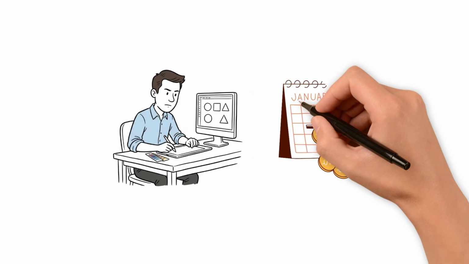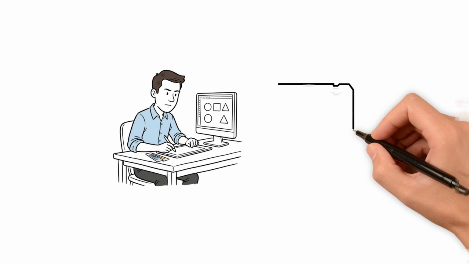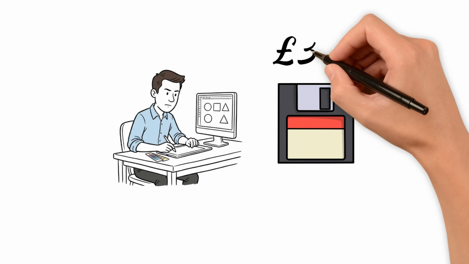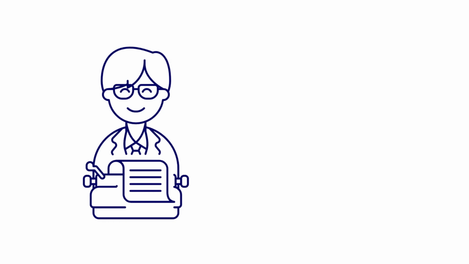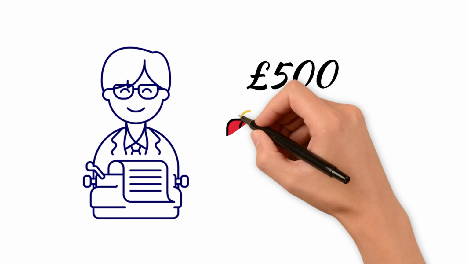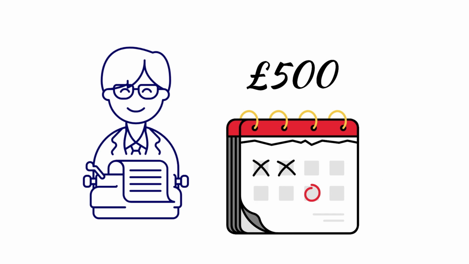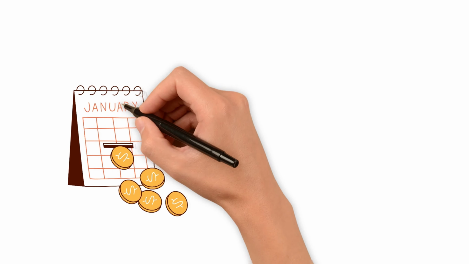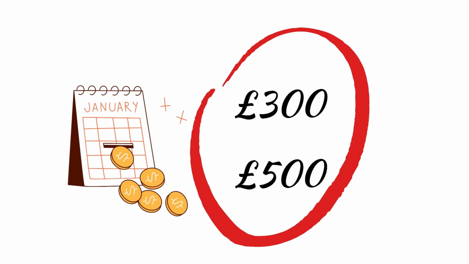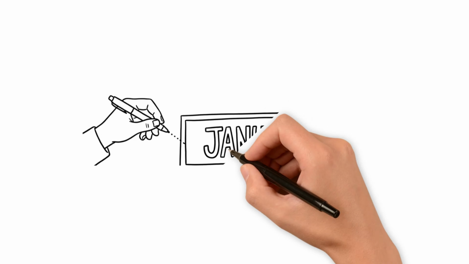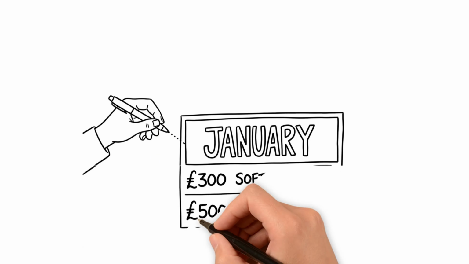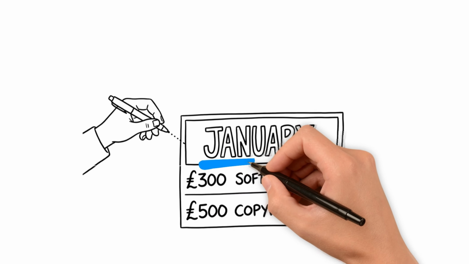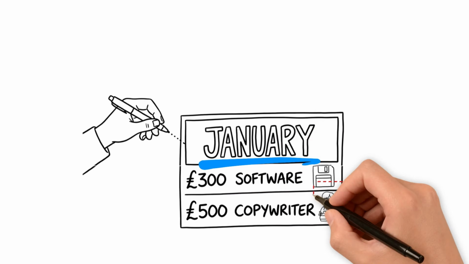To finish that £5,000 project in January, let's say you bought a special bit of software for £300. You also hired a freelance copywriter for £500, who you've promised to pay next month. The matching principle insists that you record those expenses in January, right alongside the £5,000 of revenue they helped create. So the £300 in software and the £500 in copywriting fees are January expenses, even if the copywriter gets paid